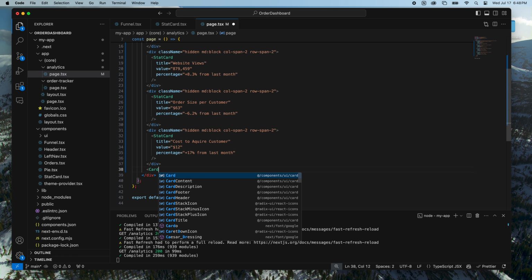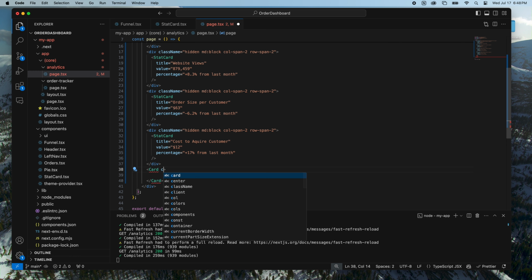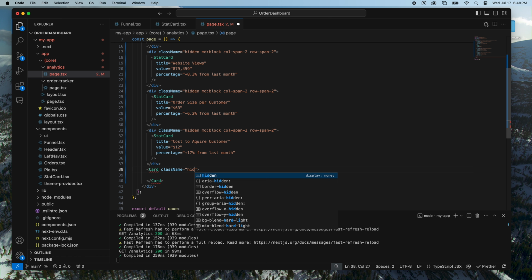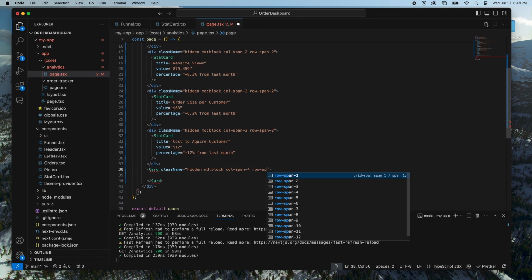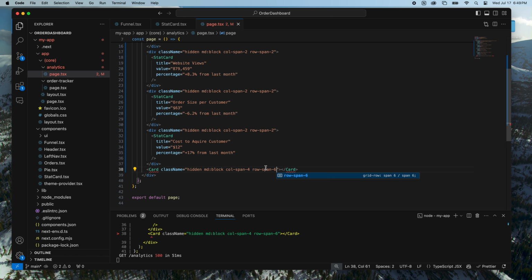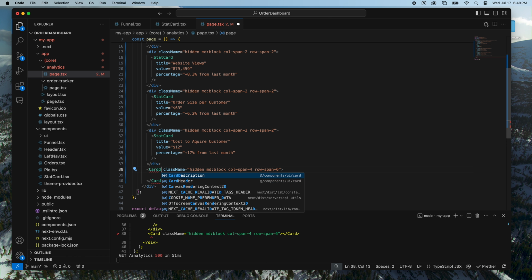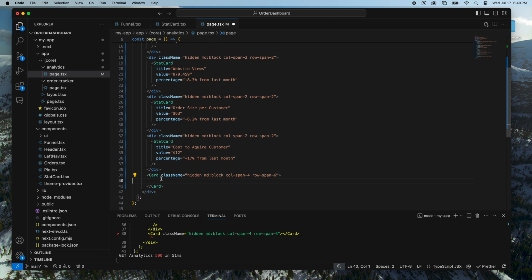And now let's add on our funnels and pie. So it's going to be inside a card. And this will have class name hidden, medium block, col span 4, row span 6. And make sure we have the card imported. And in here we'll have a div of class name, height full, flex col,